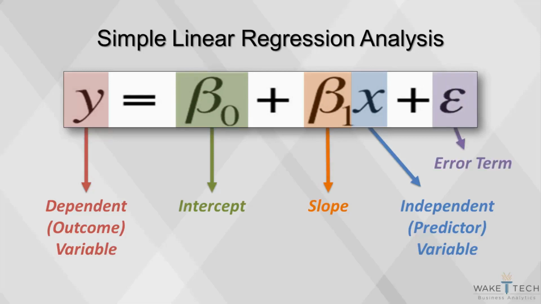Why is this useful? Because once we have estimates of beta 0 and beta 1 from our regression, we can use this for any value of x to predict what the value of y would be. So if we have data on NBA players' weight and height, we can estimate how much a typical NBA player weighs based on his height. Then if someone wants to join the NBA and we know what his height is, we can estimate what weight he should be to make it to the NBA.